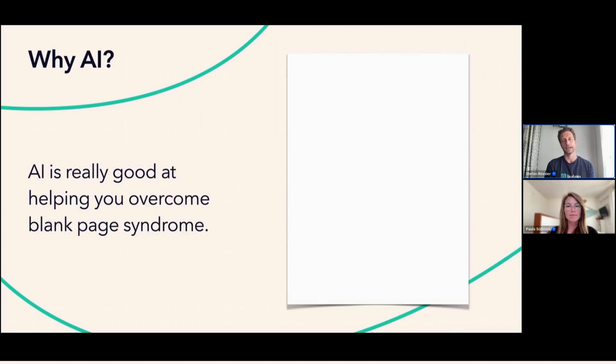The next thing is AI is really good at helping you overcome this blank page syndrome. And I don't know, it's been 18 years since I've been doing user testing, and I still struggle to write a good test script. Not so much with how to make it really good, but actually, how do I get started? It's so difficult to start on a blank page. That's why we have the templates and everything in Userbrain, obviously, to get you started a little bit, with more ease and get you in there quicker. But AI is really, really good at just getting you over this blank page syndrome and just putting something there.